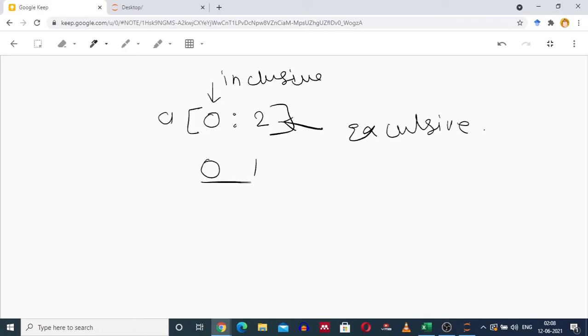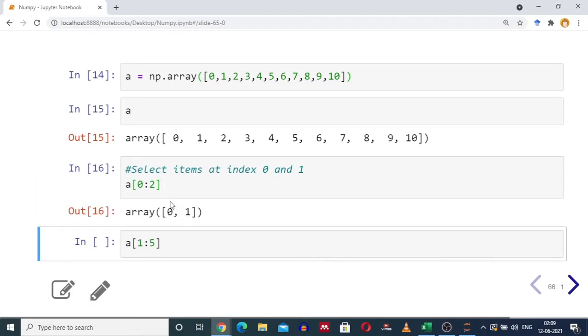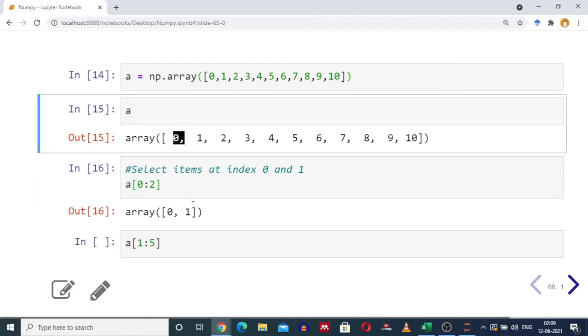We are starting from 0 and running till 1. 2 is not included. So we are taking the element at index 0 and the element at index 1 for numpy array A, which is 0, 1. So moving back to the example, when you write A[0:2], you get the element at index 0 which is 0 and the element at index 1 which is 1.